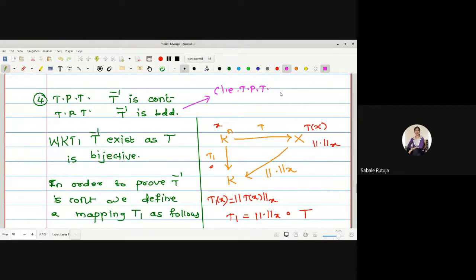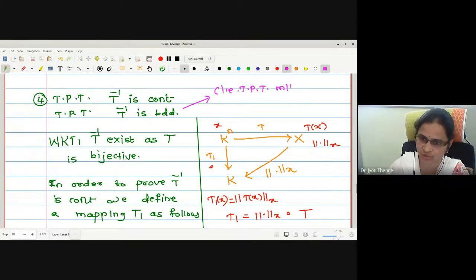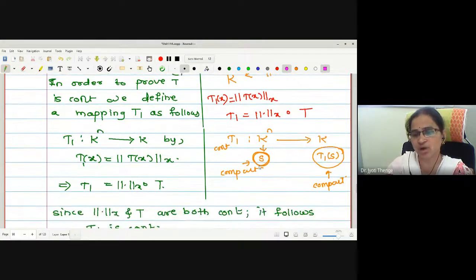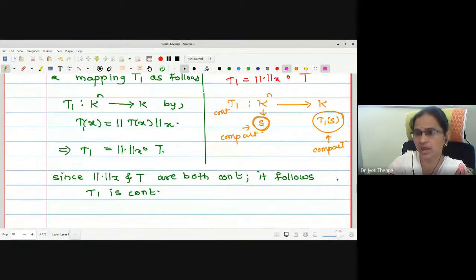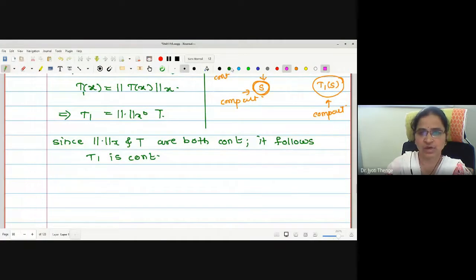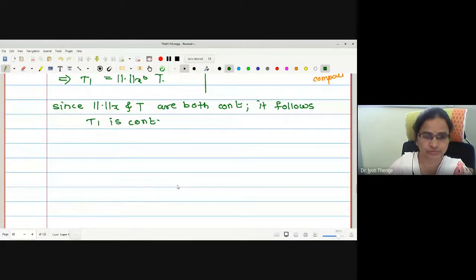M norm x is less than or equal to norm x of T of x. To find this M, we are going to do this procedure. Considering a compact subset of the domain under continuity, its image will be compact, hence bounded, hence infima exists. Let me write up to this.